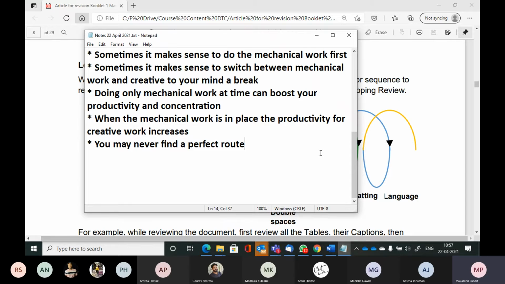So coming back to the discussion. So what did I say? So are we agreeable to all this? Yes. So do we think that if we split our work, correct, into mechanical and creative, and if we are sensitive to that idea, we may actually enhance our productivity. Correct. We may actually get some work to do no matter what is our state of mind at that particular moment of time, and we may actually do more creative work by getting the mechanical work done early.